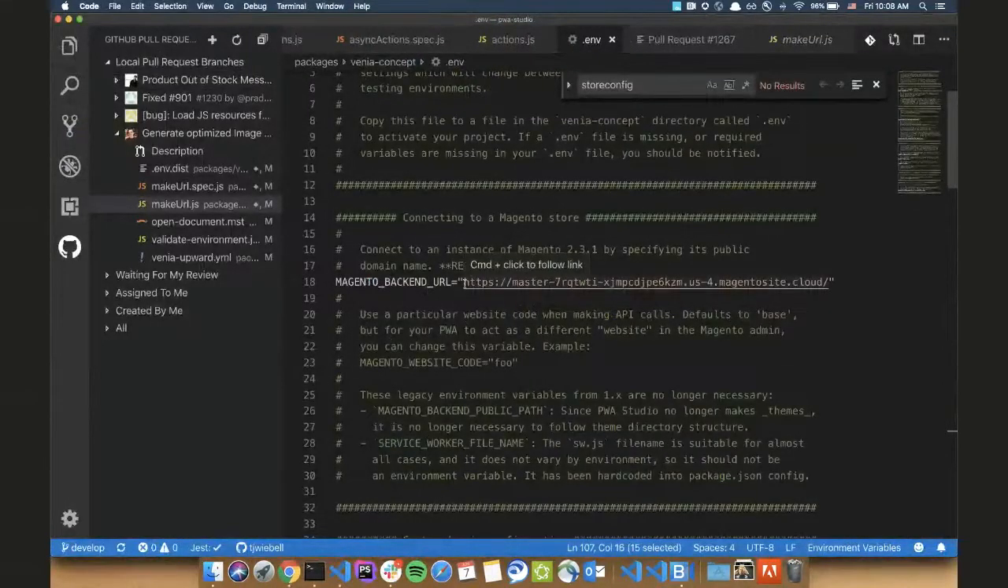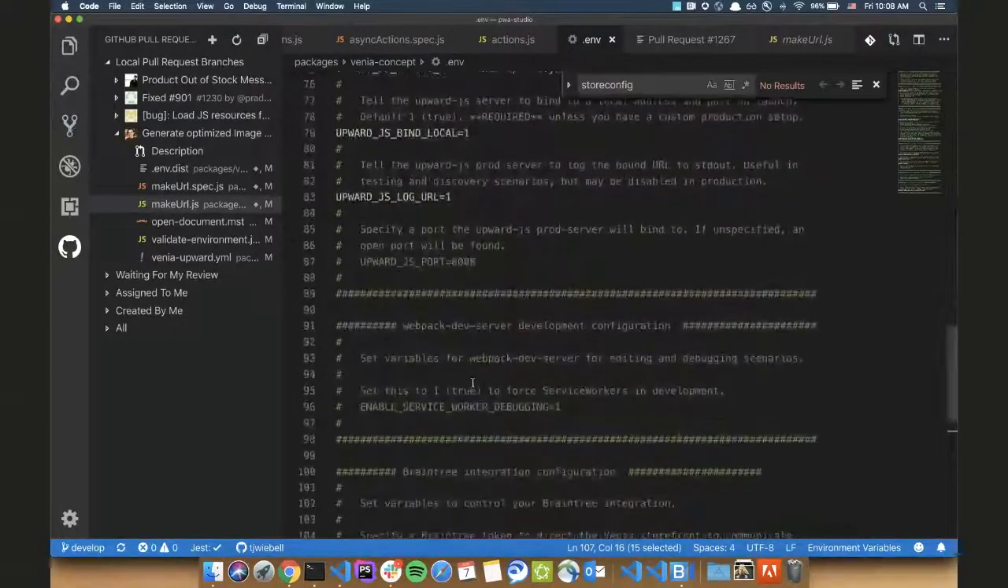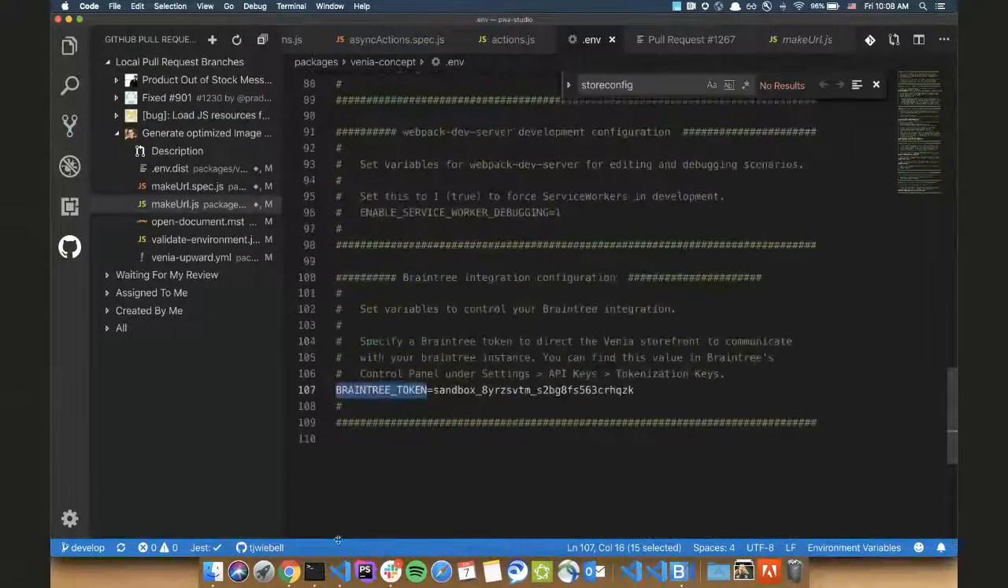Okay, so this is an example of a backend that has Fastly image optimization in it, but since we aren't passing the environment variable to do that, it's going to be processed by